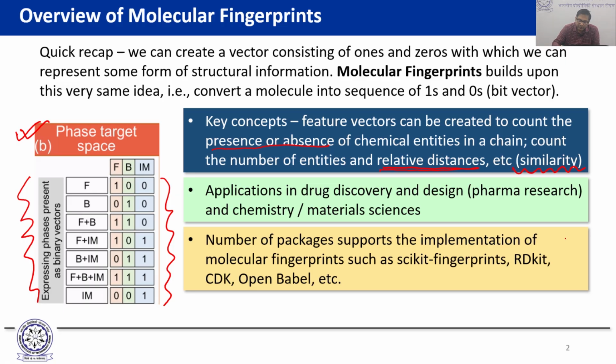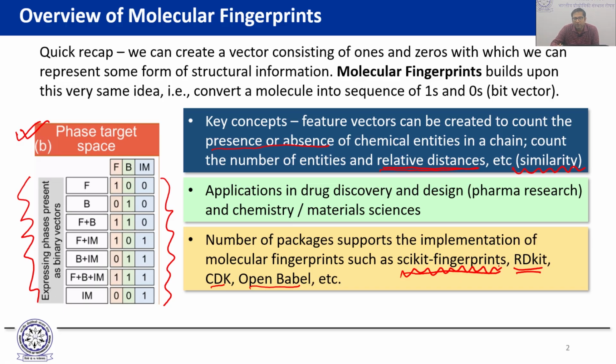and material science. And so what you will notice is there are a number of packages which are already available in the literature. A number of them can be used even free of cost. So I'll just mention those packages in case any of you would want to get into this molecular fingerprinting in greater detail. So some packages are Scikit Fingerprints, RDKit, CDK, OpenBabel, and so on. RDKit is one which is really popular, and Scikit Fingerprints is really a good place in which you can get started, especially because scikit-learn would be a very easy and gentle Python package with which you can get started with